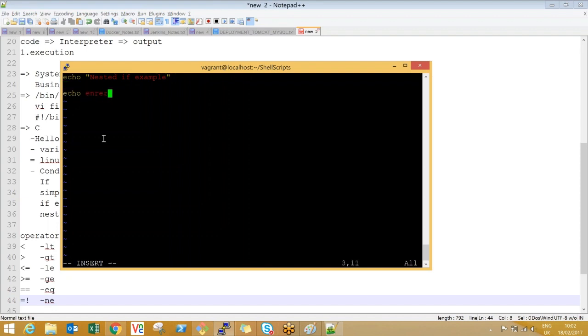Echo enter. What I will do, guys, is come up with a calculator program to give an example for nested if. Echo enter a, read a, enter b, read b, enter operation. Which operation do you want to do? Read op. Now, if $op is equal to add, then what I will